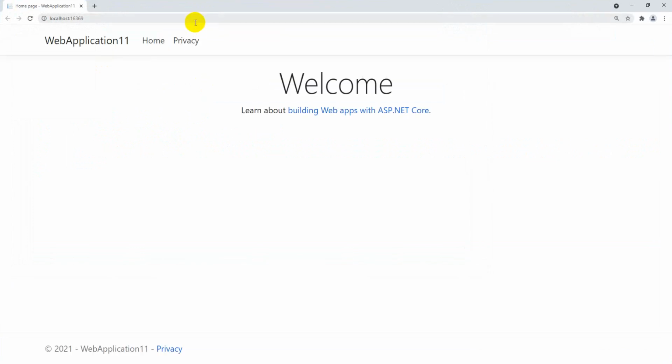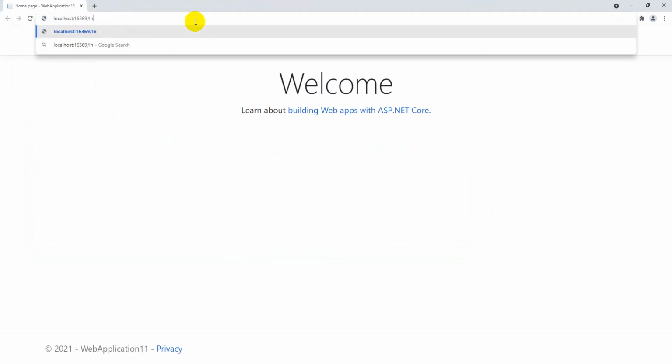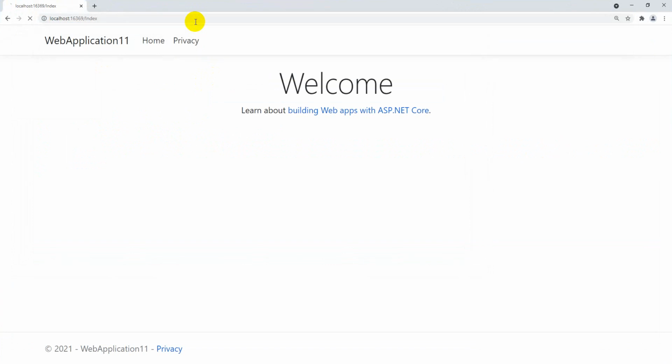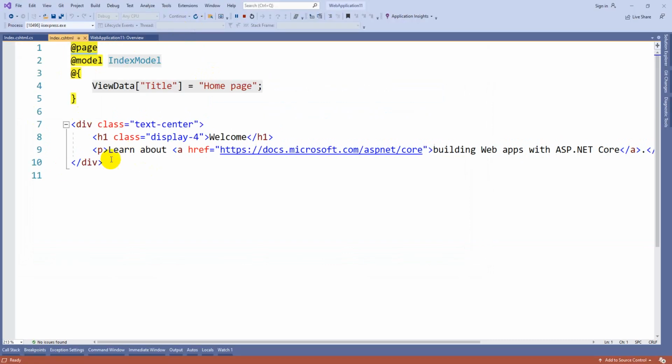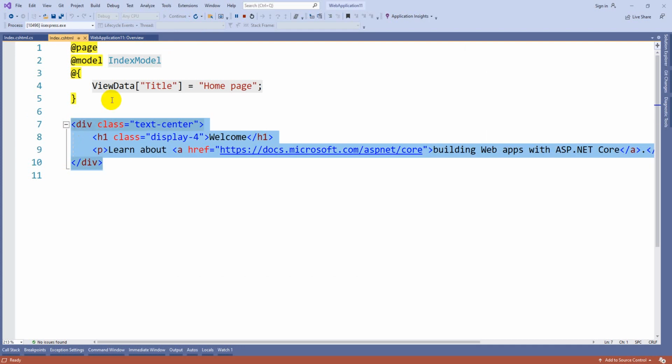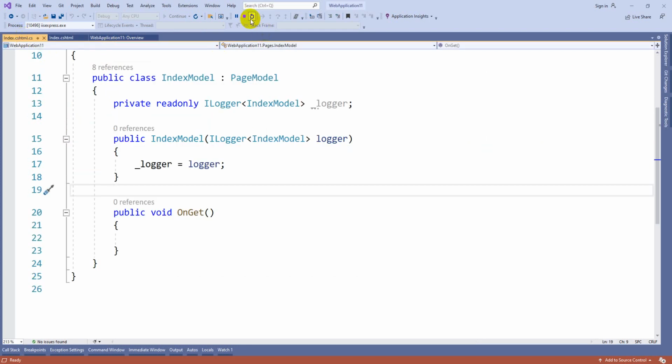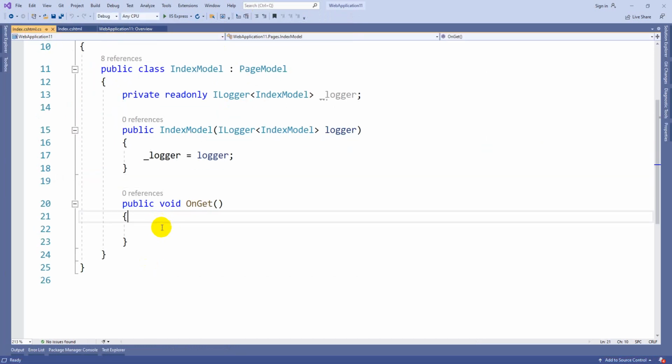So now you can see, this is your application/index, the name of the page. This is the page that is getting executed. Here they wrote some logic and some HTML content. I just want to add some new code here on get, before loading the page in the browser. The HTTP get method will be called, right? We are already aware of that.